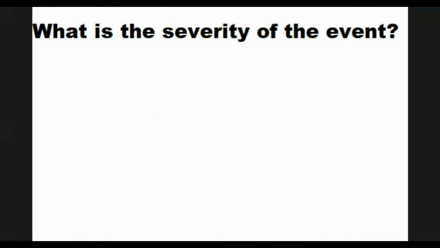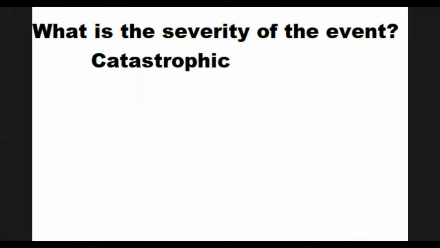The second aspect of a risk is the severity. There are 4 classifications of severity that we use to quantify a risk. All right. And it goes from worst to least. Again, the first classification is catastrophic, and basically what we're looking for is the consequences if an event takes place. All right. So a catastrophic event would be